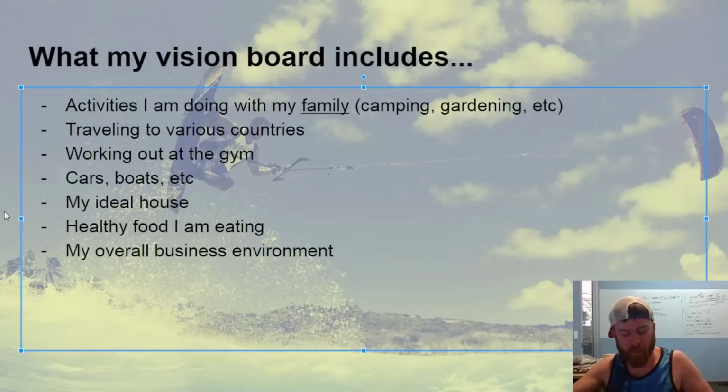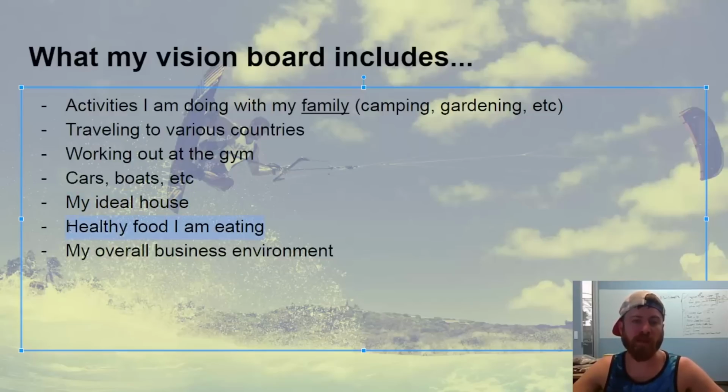And keep in mind, my ideal vision includes having people around my house, servants or whatever you want to call them, people to take care of my kids if I want to go traveling and my wife needs help, or people to cook my meals. These are all things that I want in my life, and it's not that expensive to have a chef. It's actually very cheap, especially depending on what country you want to live in. But these are all things that are a part of my vision, and these are things I work towards.